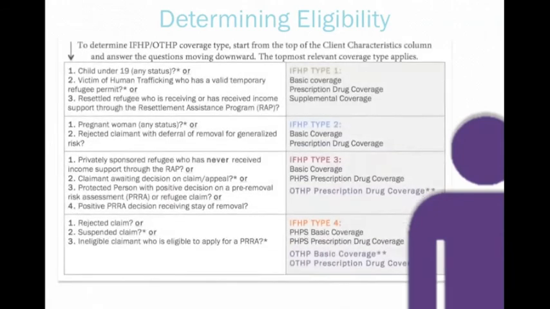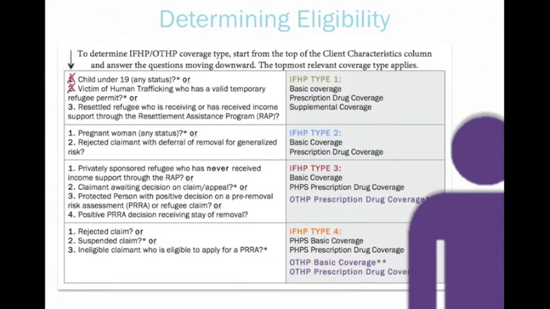Start by working down the left side of the table, asking Adam which client characteristics are applicable to him. The topmost relevant coverage type on the right will then apply. In this case, Adam is found to have OTHP prescription drug coverage, in addition to his IFHP basic and PHPS